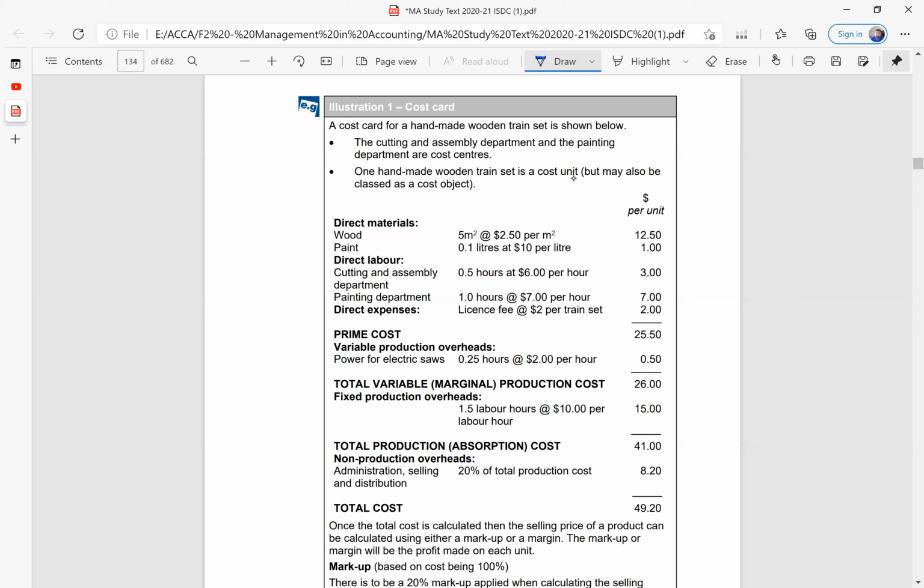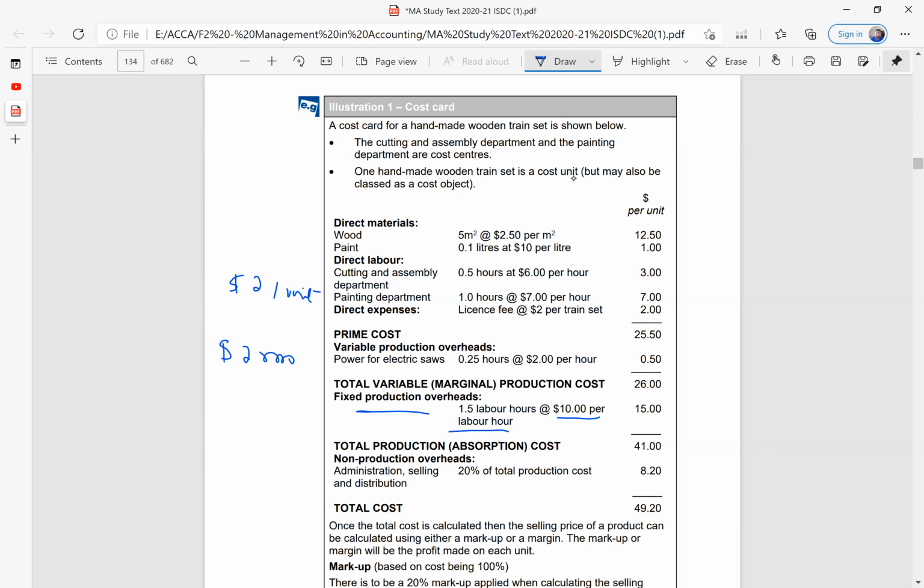Are you clear? Yes. Now, variable production overhead generally has the per unit nature. Variable cost is often given to you as per unit, let's say $2 per unit. But fixed production overhead is often given to you in total. Over here, it is given per labor hour, but right now they're just showing you the cost count. Generally, the fixed production overheads are mostly given in total.